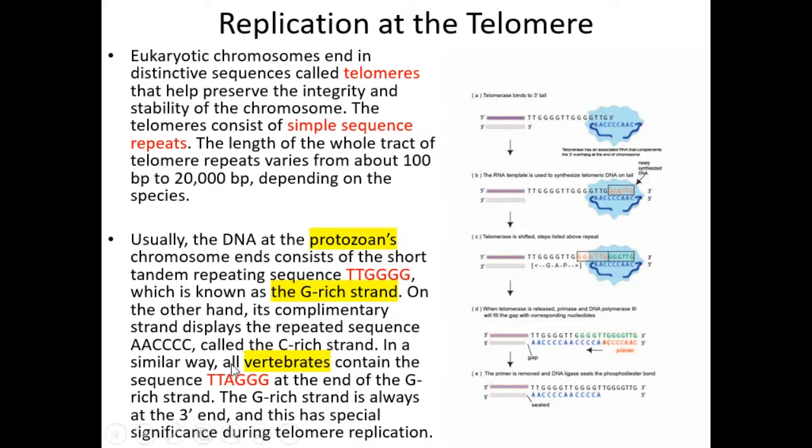So then we have this special enzyme called telomerase. It can recognize the telomere region. The telomerase is a reverse transcriptase. It contains a short stretch of RNA sequence, normally AAUCCCAAUC, and this short stretch of RNA can serve as a template for